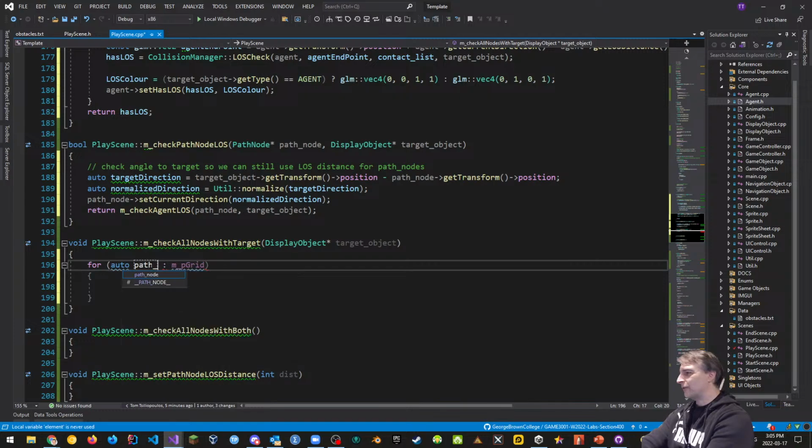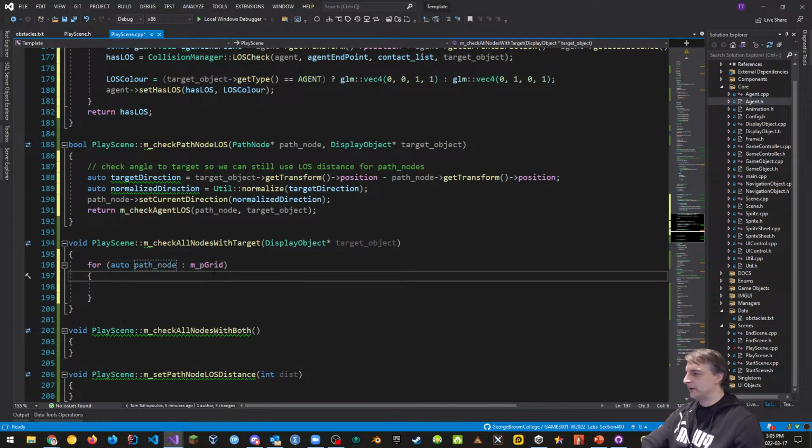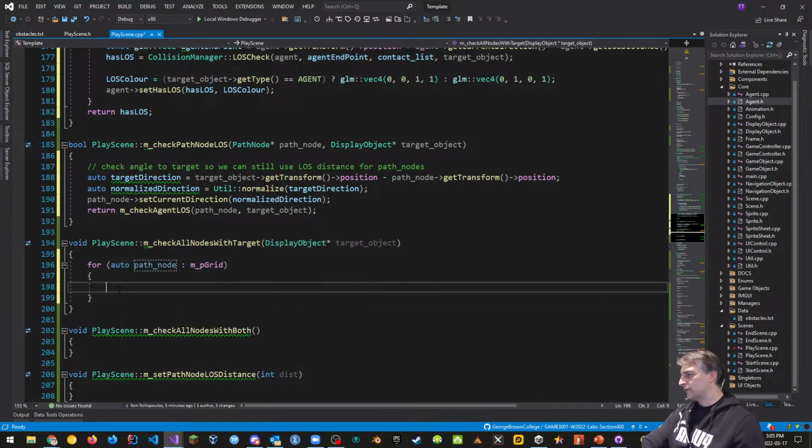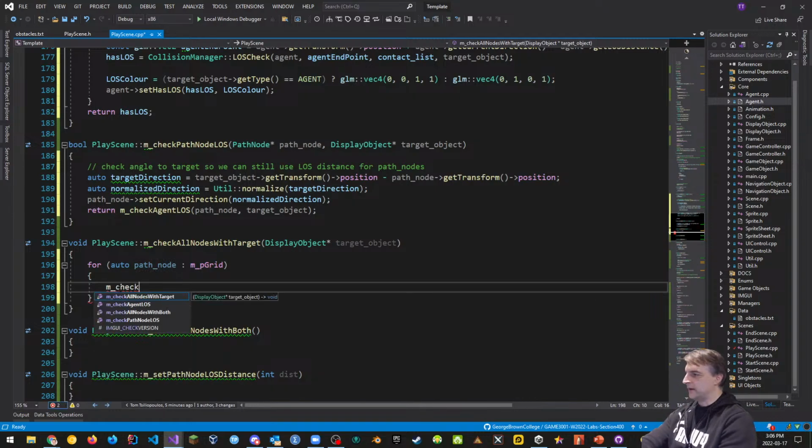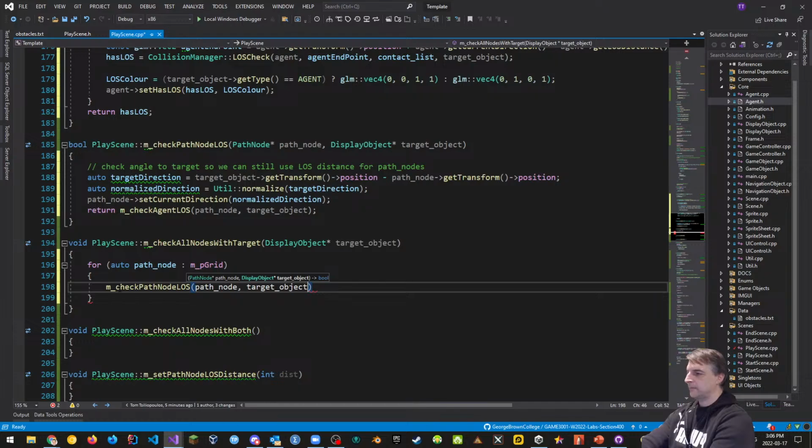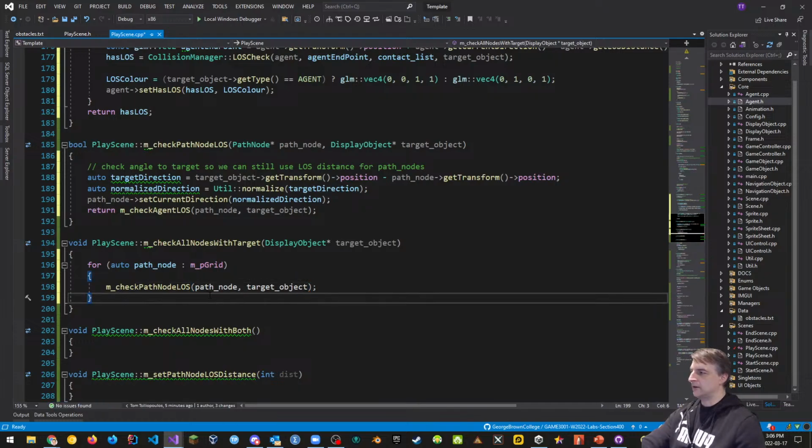And then for every path node in the grid, we're going to call m underscore check path node line of sight between the path node that we're specifying and the target object. So again, check all nodes with target uses this function in here. We can write it separately, and it's just going to call that check path node line of sight right here.